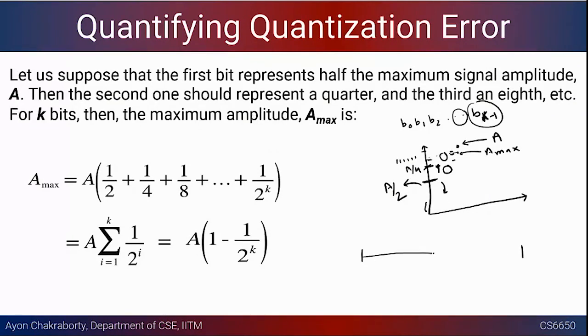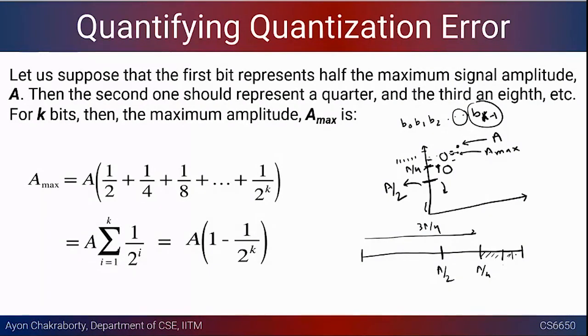So this will give you A by 2, and now you are approximating it. Just follow the binary search thing that we have done. So this is A by 2 plus A by 4. This is basically the amplitude. If this is A by 4, this is 3A by 4. Now you will add this A by 8. That is how these things are added.